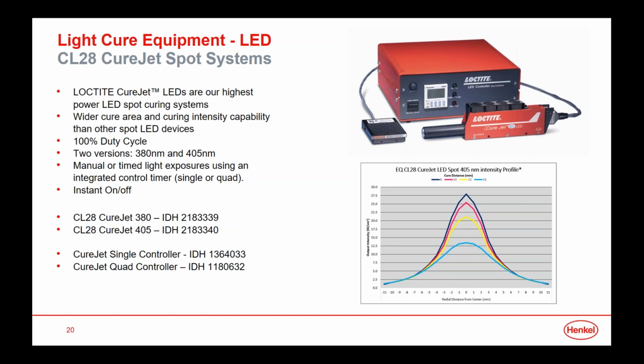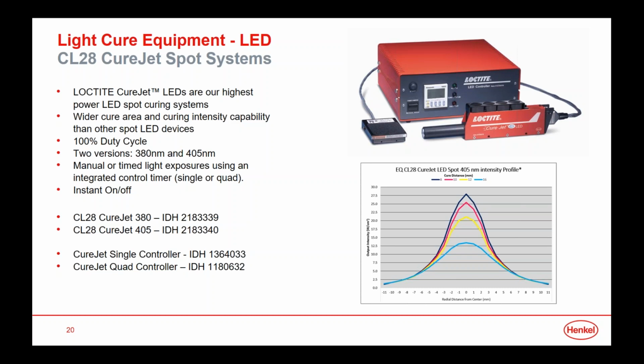So a significant improvement in power. This is one of the highest power LED devices in the market today. What additionally differentiates the CureJet solution is what we call a wide area spot solution. Most spot devices have a very small spot size, so they're only able to cure a small diameter area. The CureJet has a very large spot size, so we still call it a spot system, but it has a much larger spot area. It can cure an area that's almost the size of a quarter,